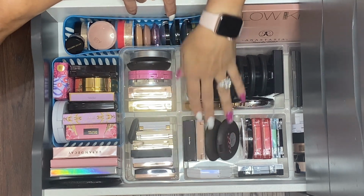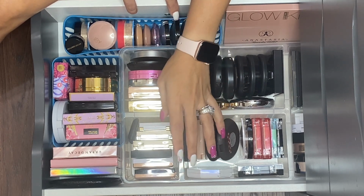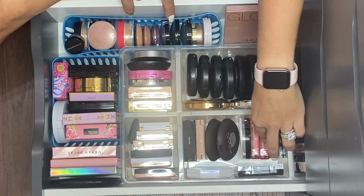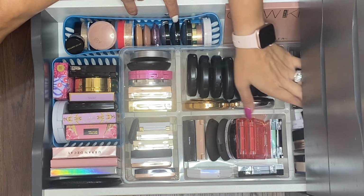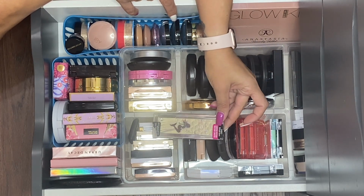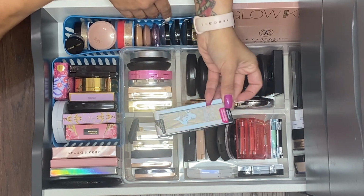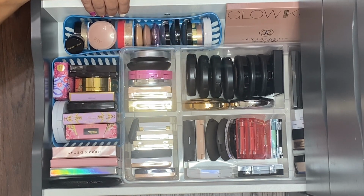And then lastly, I think I'm gonna go ahead and pull in, I'm gonna do a fun one. I'm gonna do this guy. It just lives in here and never gets used. This is by Wet n Wild. I'm gonna go ahead and pull this one in. This is like that mermaid highlighter. It's in the shade Midnight Moon. Okay, that is it. I'm gonna go ahead and put everything back in the drawer, and then we'll do swatches